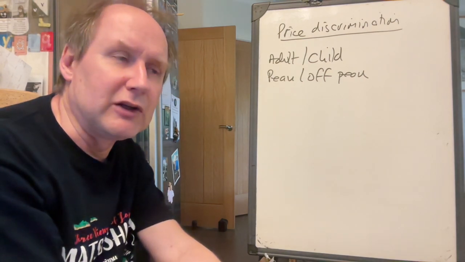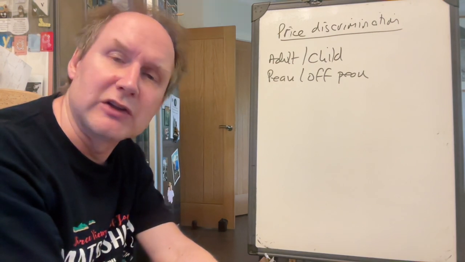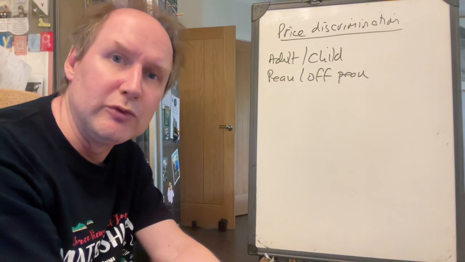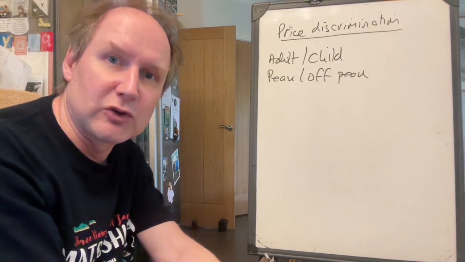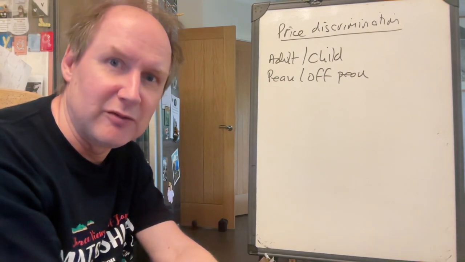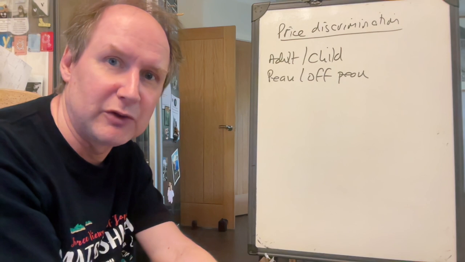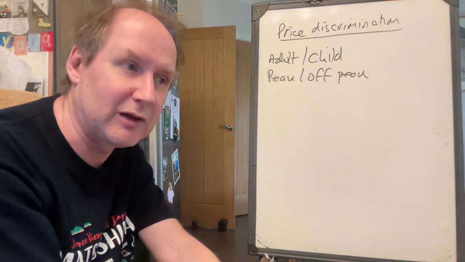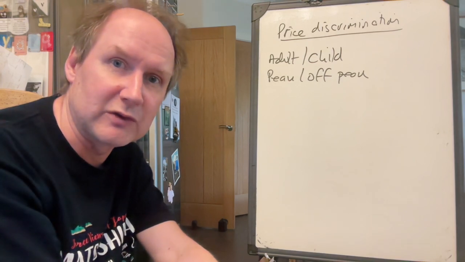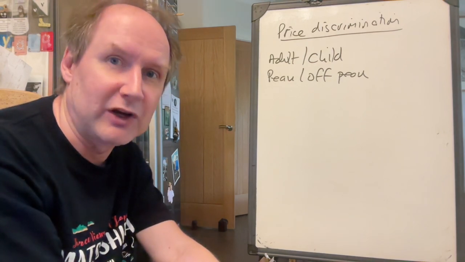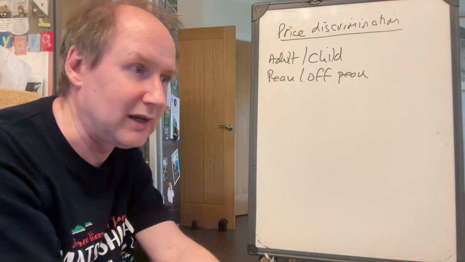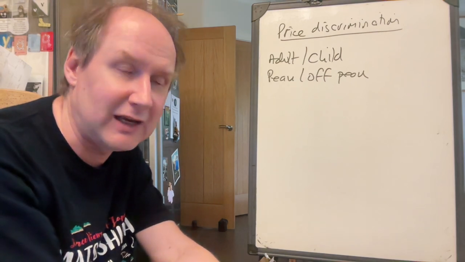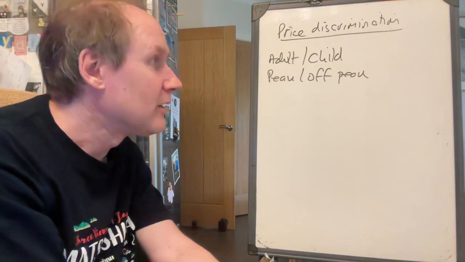A train company might defend this by saying that what we're trying to do is what's sometimes called load spreading. We want to make sure that the train is reasonably full at peak times, but not completely overcrowded. If we can persuade some people to go at a different time of day, we're making more efficient use of the train. So instead of having a full train absolutely bursting at 8 o'clock and an empty train at 10, we spread that out.